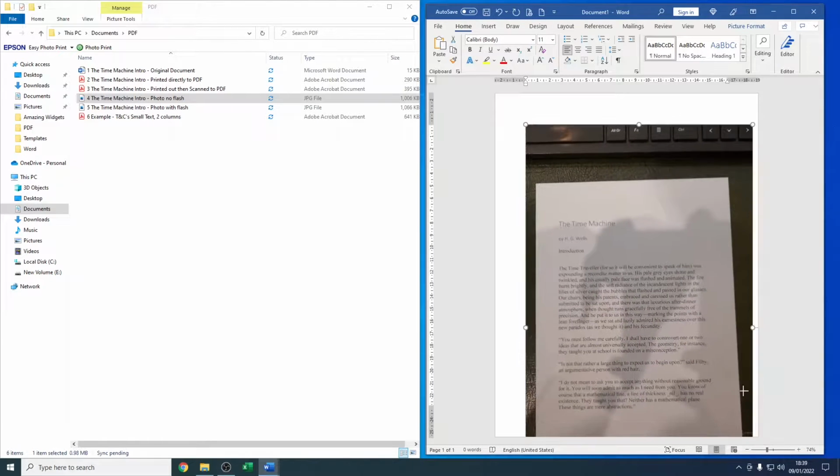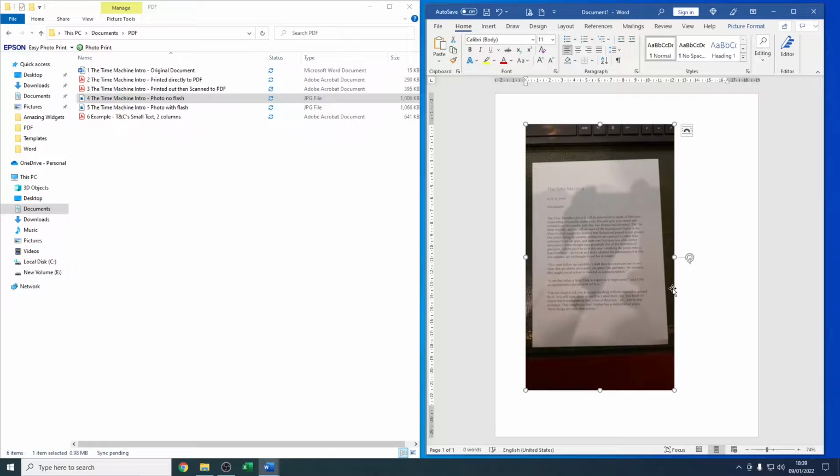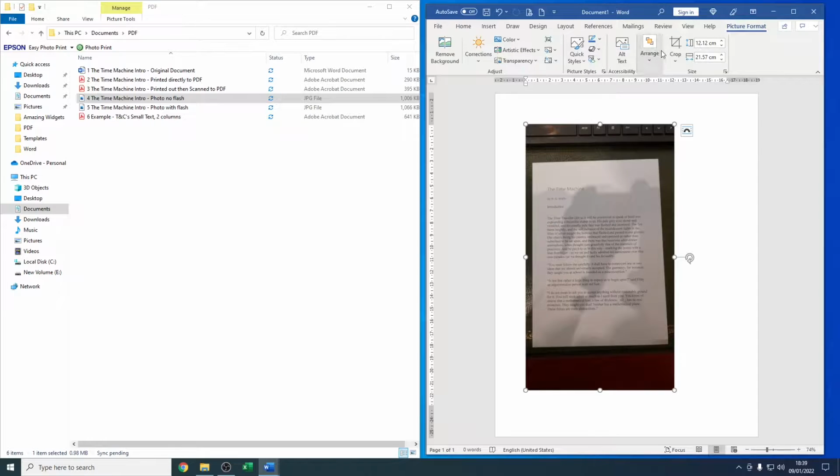What I would suggest you do is format the picture, crop the document to remove any unnecessary areas. Doesn't matter about the page, all you want to keep is the text.